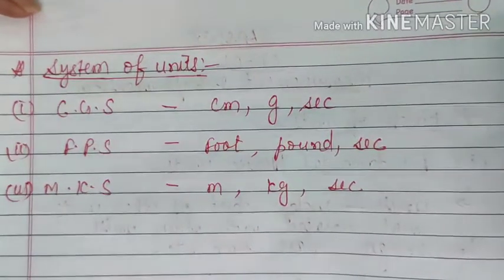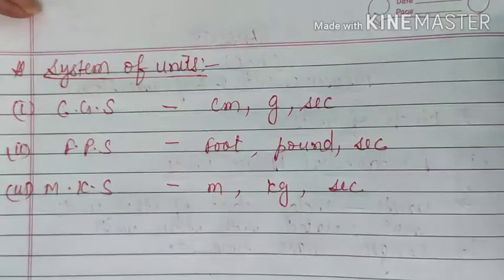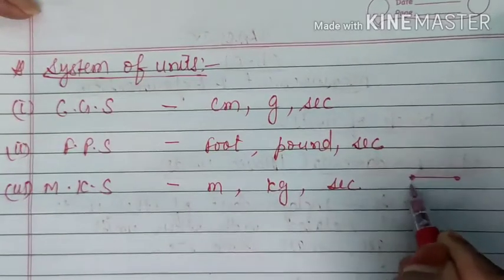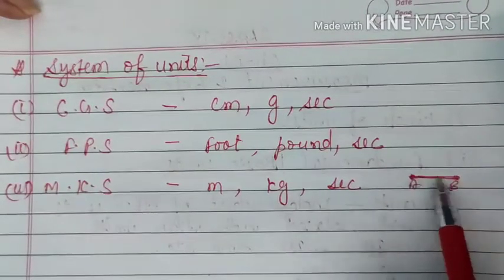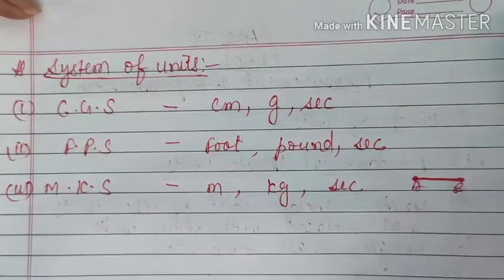Okay, so you see, first of all, in our daily life we have experienced that sometimes we are measuring the distance or length in centimeters, sometimes meters, sometimes even in kilometers, sometimes we reach up to light year. Okay, that means what is this? Actually it depends on the amount of that particular physical quantity. Obviously if the amount of that quantity will be more, then we will need a larger unit. For example, if you have to measure the length of a line segment, then obviously you will measure it in centimeter, because this is a small distance, or you can say small length, so you can measure it with the help of a scale.